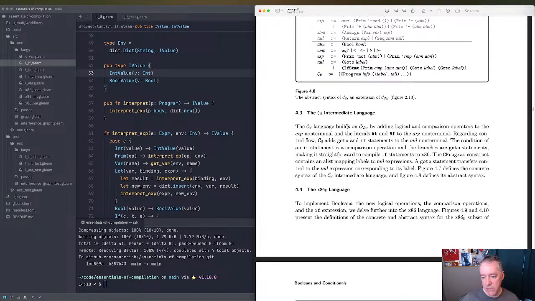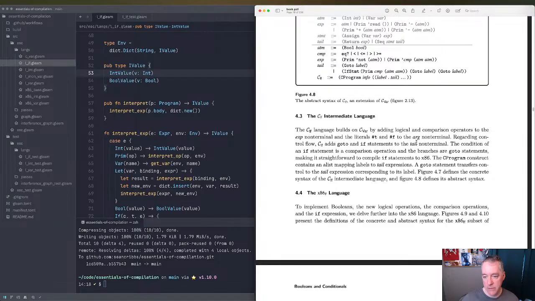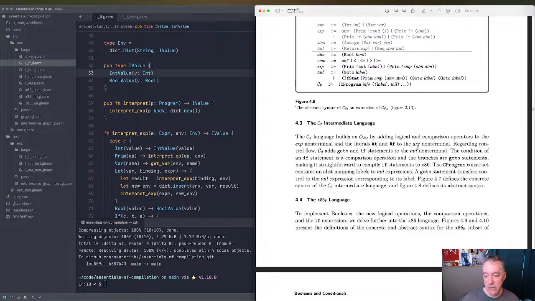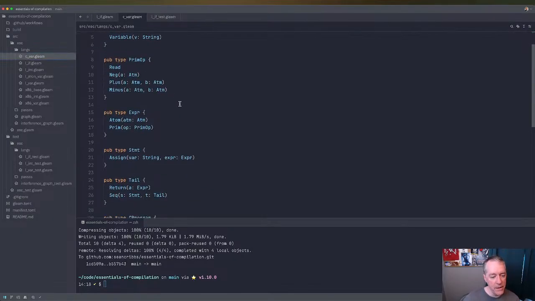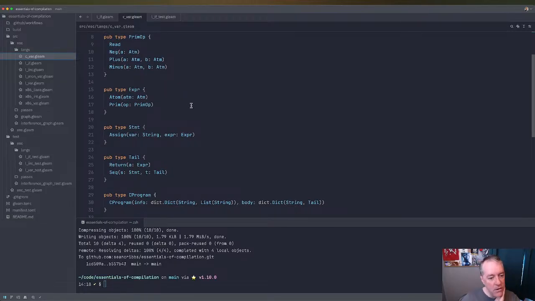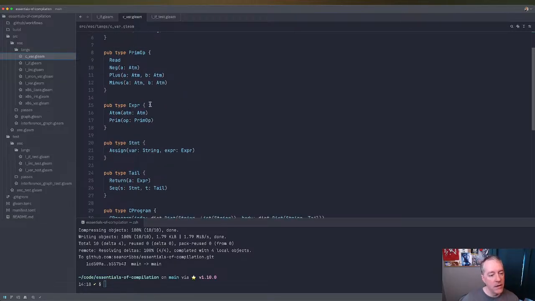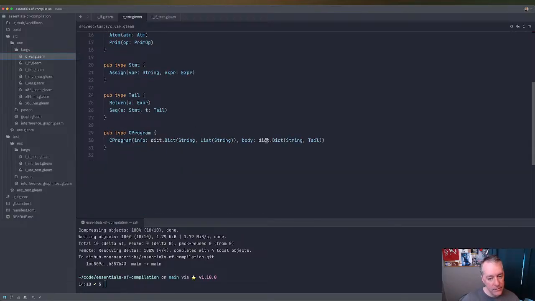Okay, C-if language builds on C-var by adding logical comparison operators to the expression non-terminal and the literals #t and #f to the arg non-terminal. Regarding control flow, C-if adds goto and if statements to the tail non-terminal. Okay, so let's look at C-var. And remember that C-var was